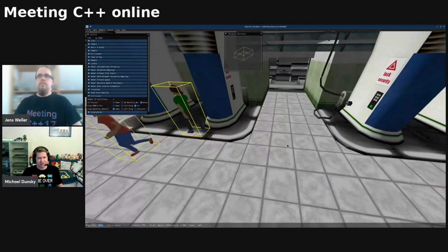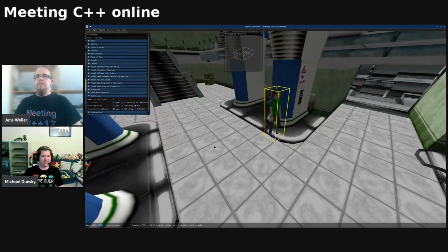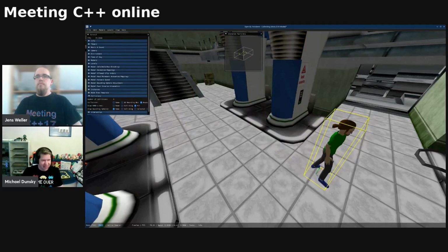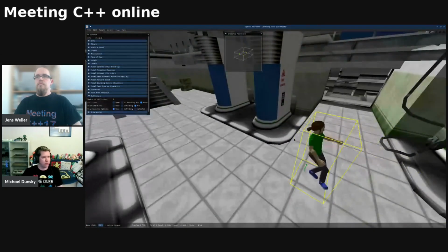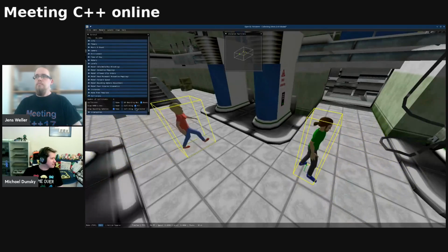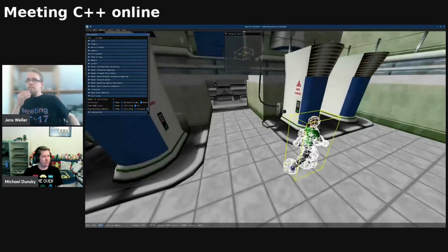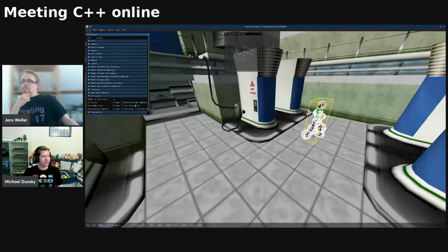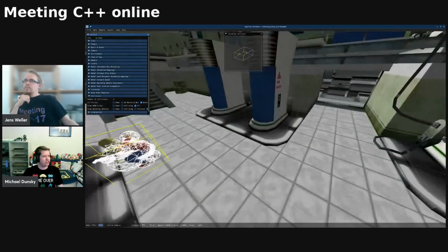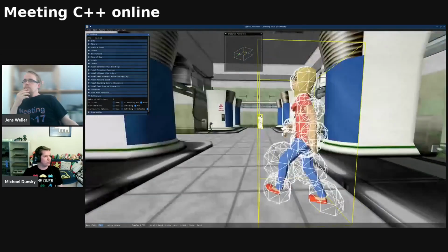Just as an example, you can modify the code and say, okay, I just want to have a single static bounding box. It's up to you. I wanted this to be more flexible with any model. And you can also have adjustable bounding boxes around the models, so you could make them bigger or smaller.